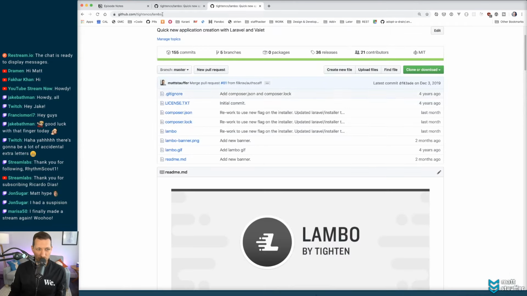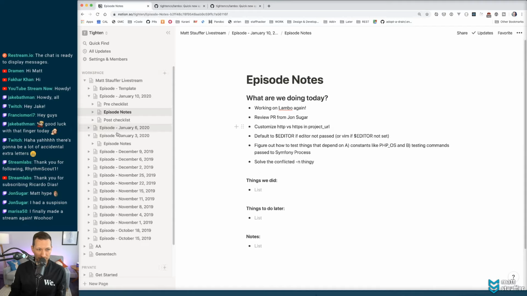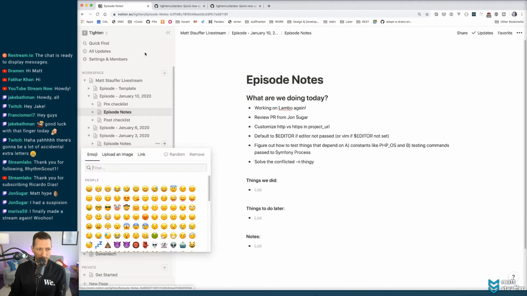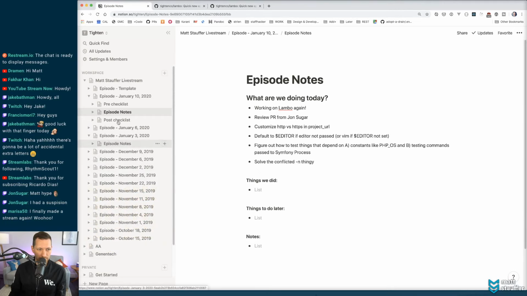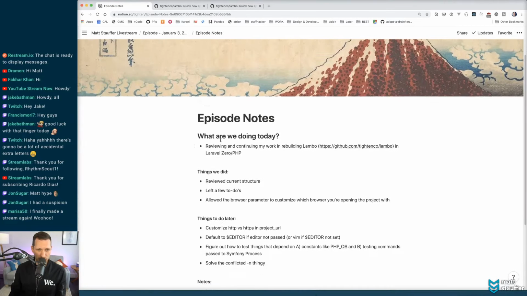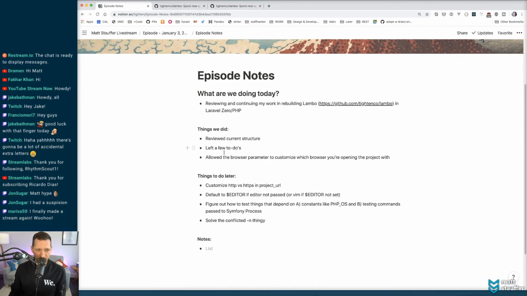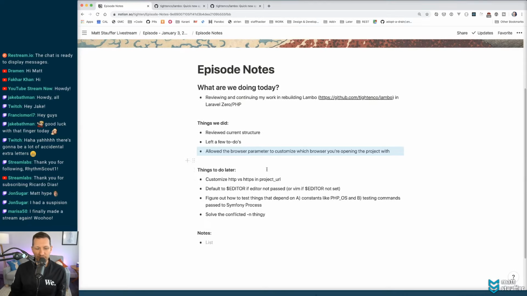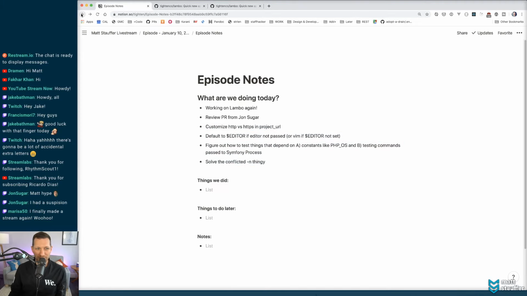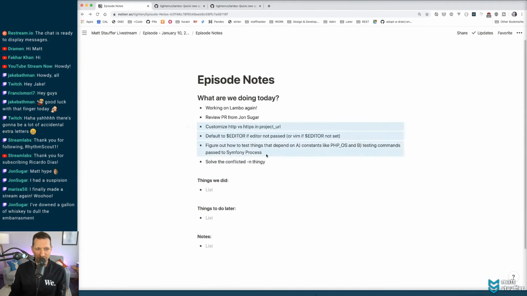So last time we worked on allowing you to customize which browser you're using to open it. And we left some to-dos for next time, so I moved them over to this one. And so these are our to-dos from last time, but first we're going to start by reviewing a pull request